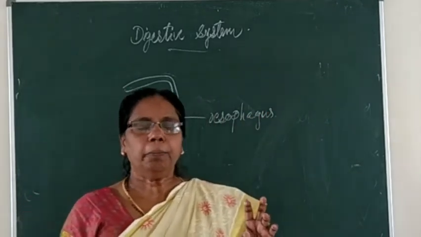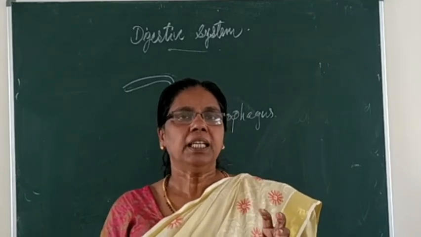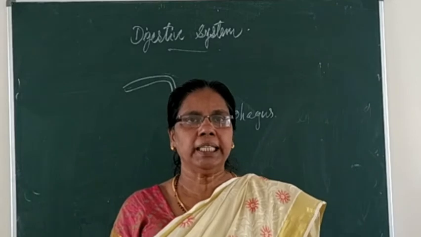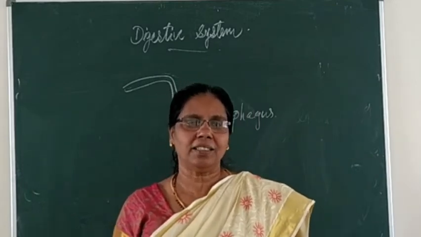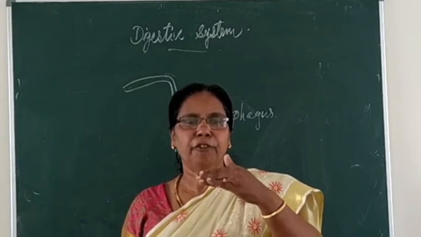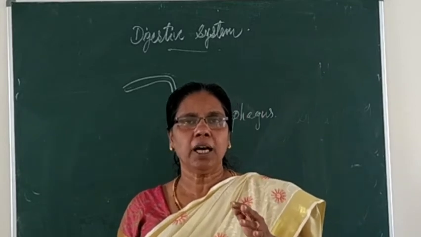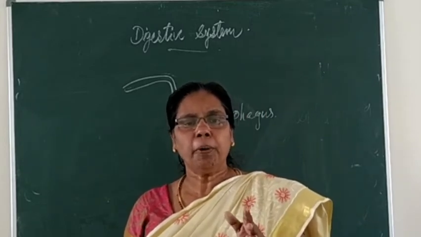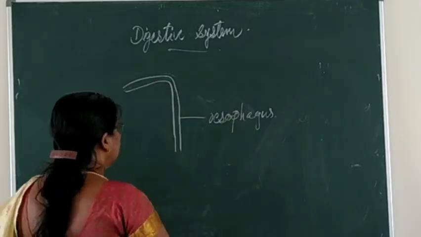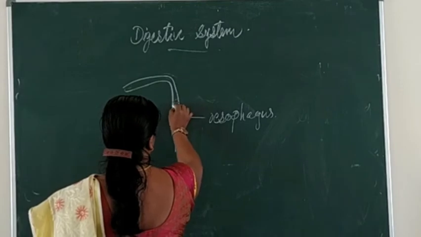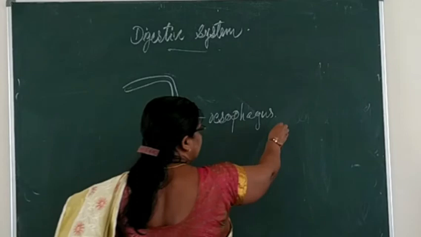Okay, so in the food pipe or esophagus, what type of movement takes place for the food to go inside the stomach? So yes, that is called as what? Peristalsis. That movement is the wave-like constrictions caused by the circular muscles of the food pipe or the gut pushing the food down. You can see that the circular muscles are present here, and just keep on drawing.